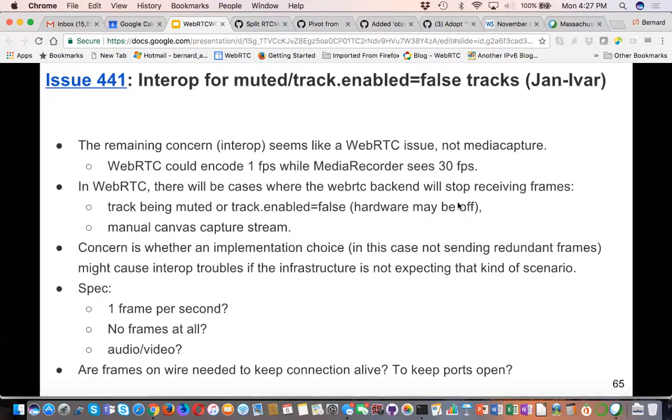I don't think you should go outside the frame rate that you negotiated in SDP. I think that's perfectly allowed, 1 frame per second. Yes, unless it's disallowed, negotiation up to implementation.